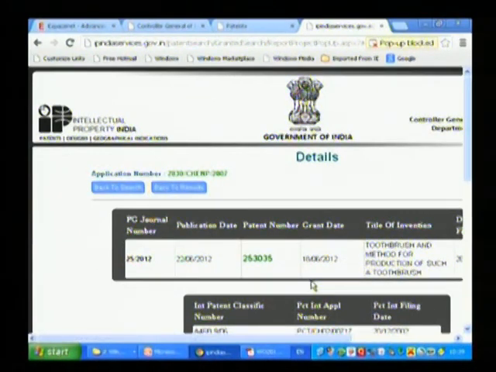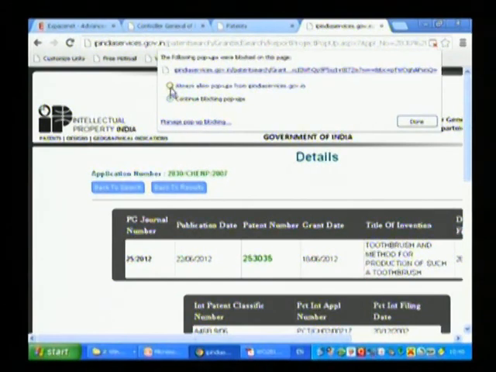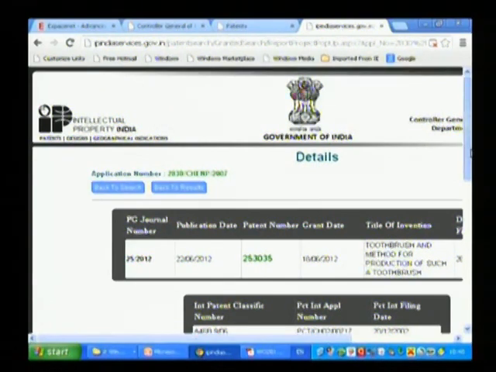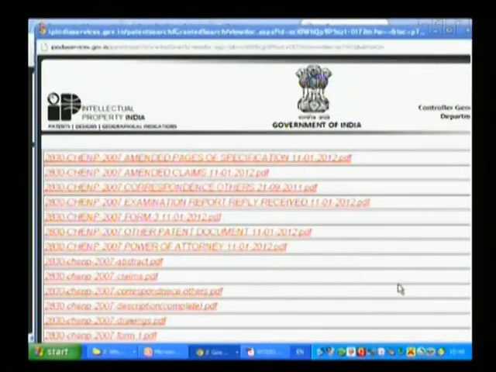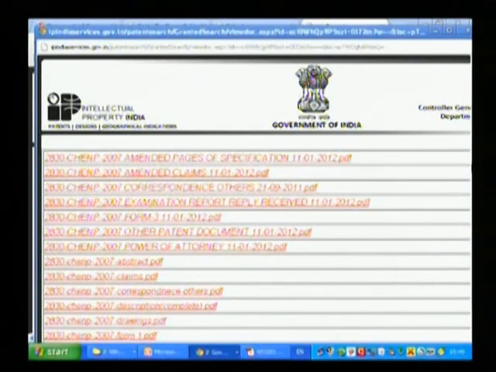You can just click on that, but most of the time on the top side you can see a pop-up blocker on the title bar. Just click on that, select always allow pop-up, give done, and then retry, click on view documents. Now you can see the list of documents belonging to this particular patent. It starts from the amended pages of specifications, examinations, abstract, claims,